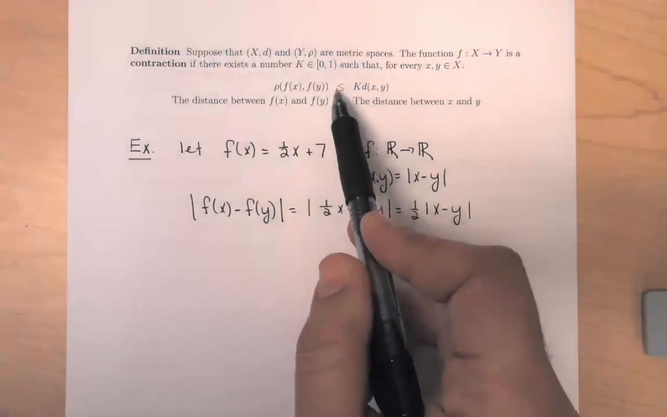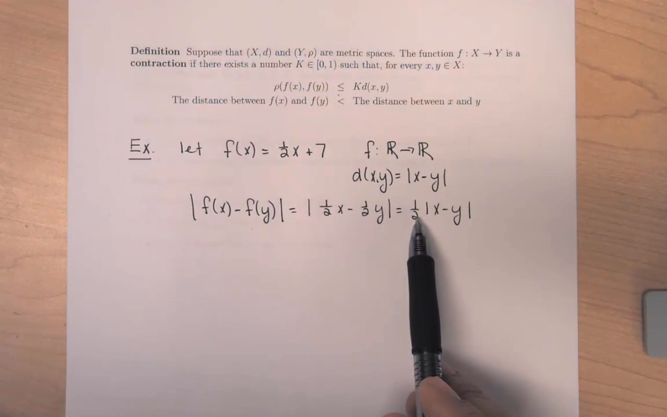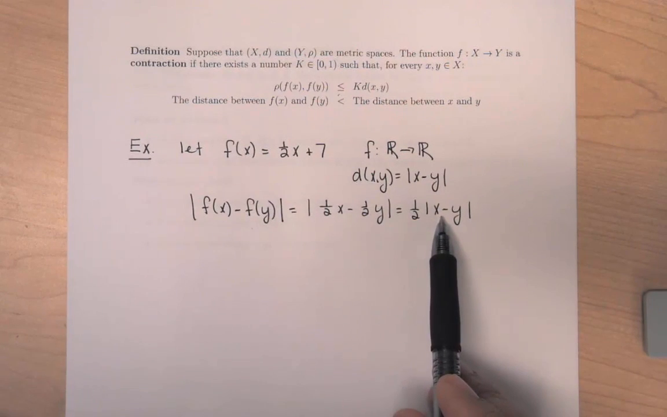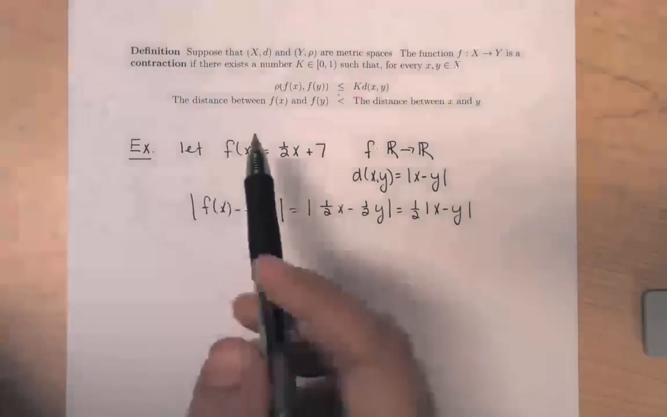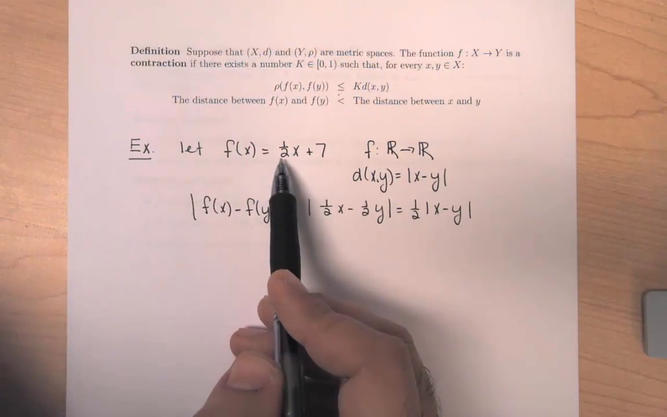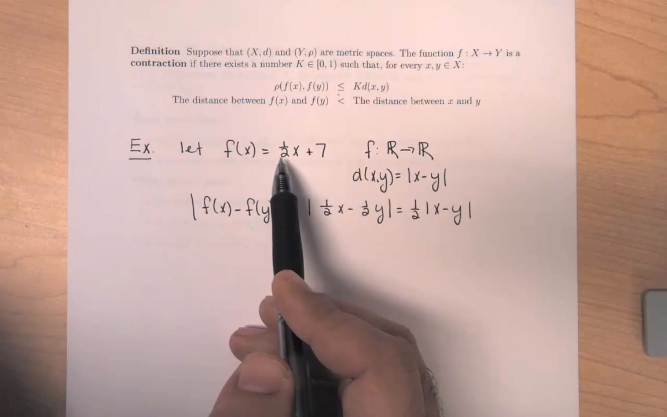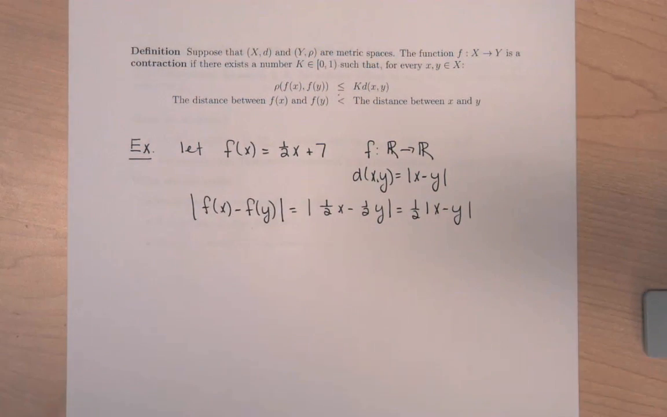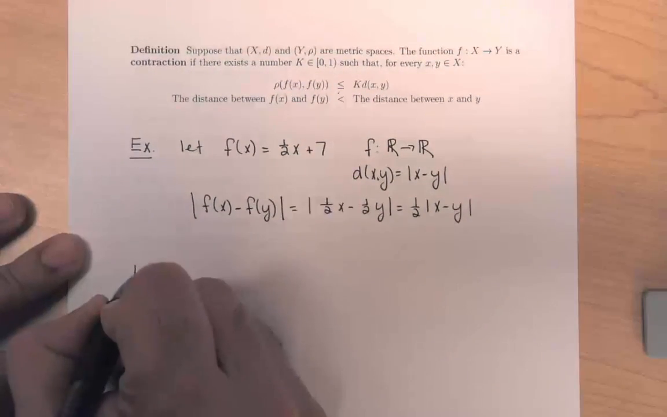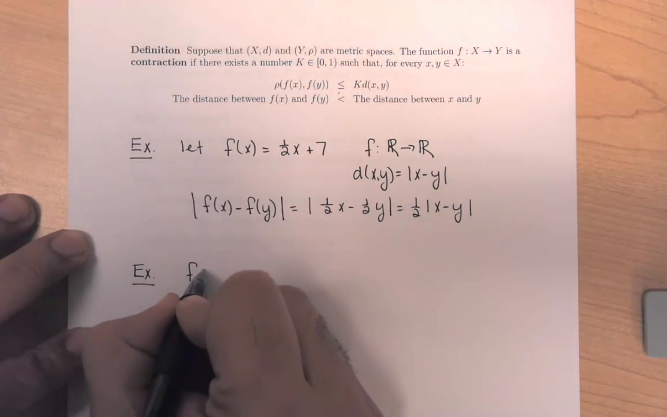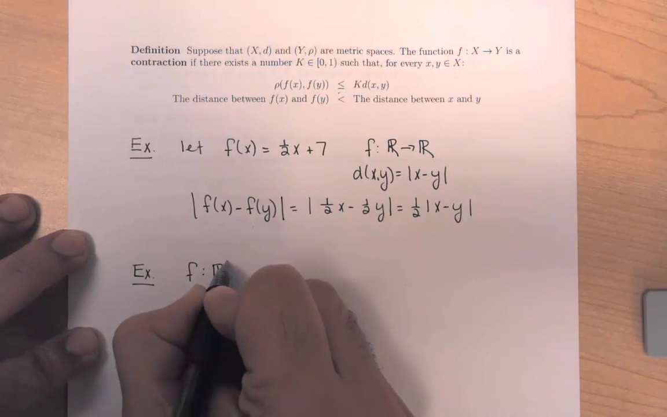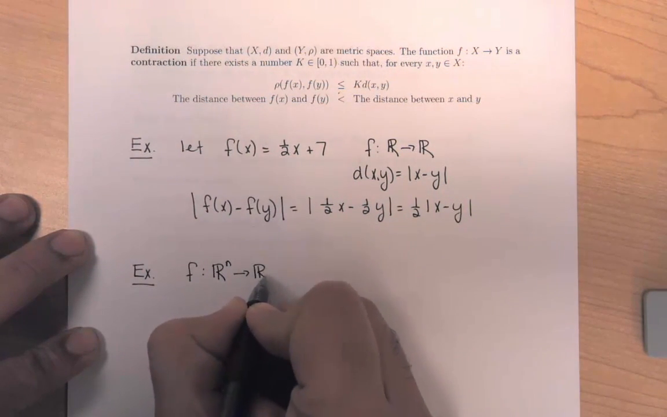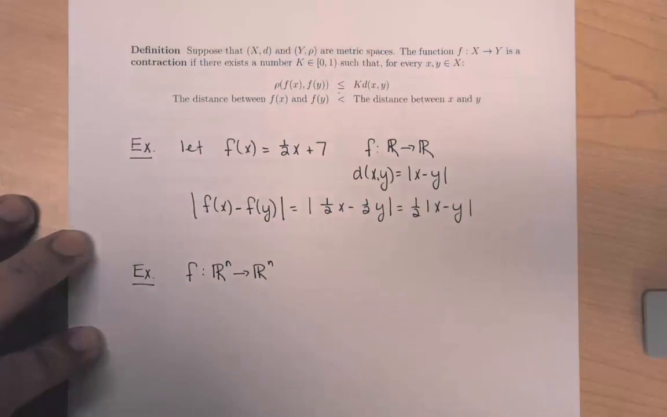So we see that we've exactly satisfied this condition. The difference is less than or equal to a scaling strictly less than 1 but greater than 0 of the absolute value, or that is the distance rather, between x and y. I imagine you likely can conjecture a condition for the slope of this function that would ensure that it's a contraction. Let's try another example. Suppose this time that f maps R^n to R^n,